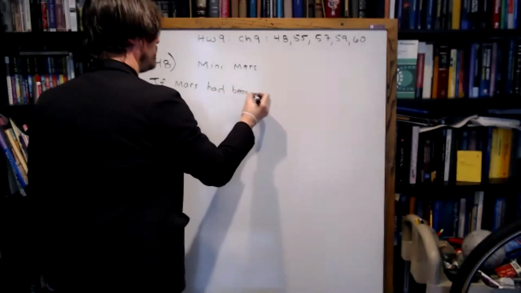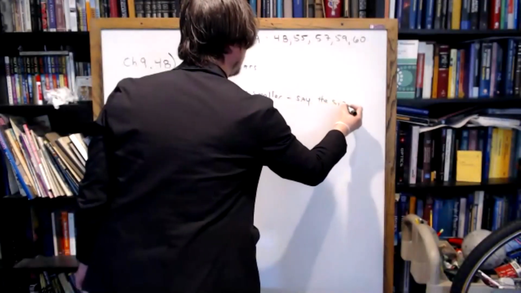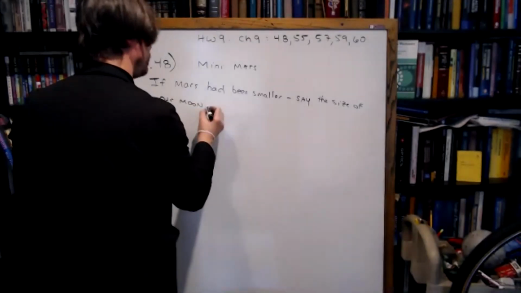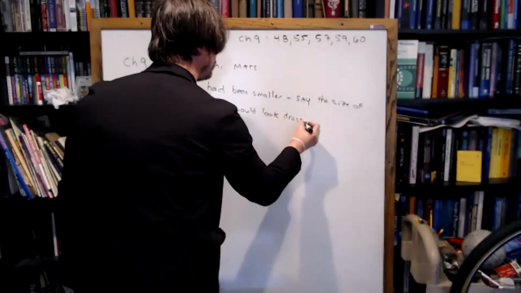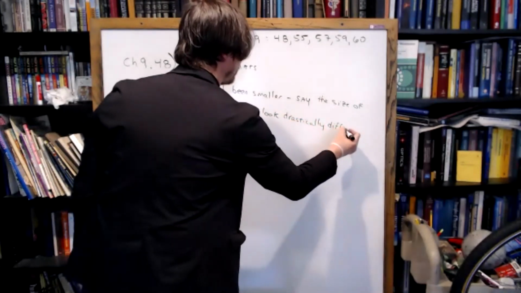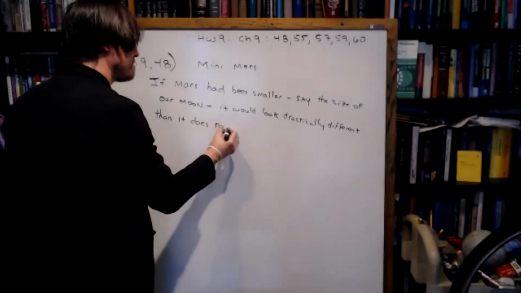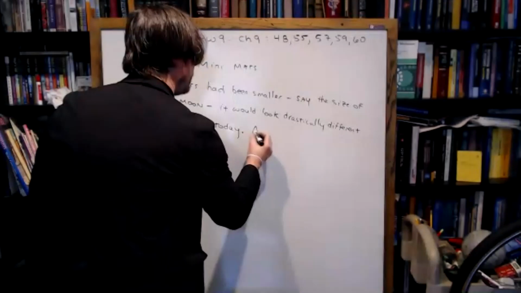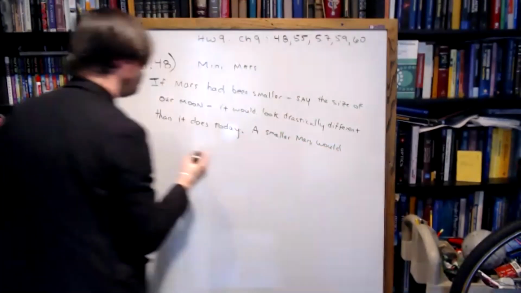If Mars had been smaller, say the size of our moon, it would look drastically different than it does today. A smaller Mars would cool faster